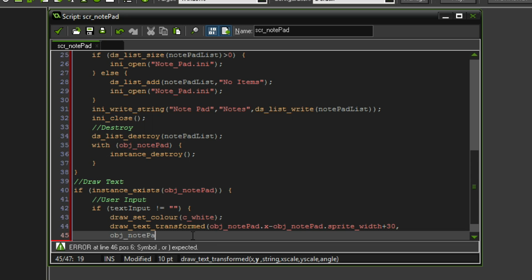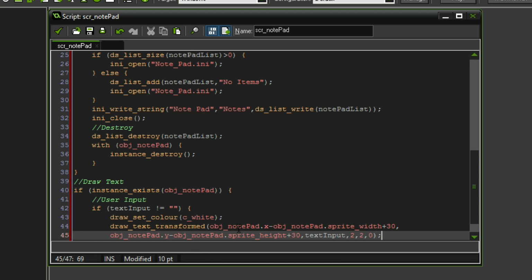So object notepad.y minus object notepad.sprite height plus 30, there we go. Then we need the string, which is the text input. And we also need the scale, the text scale. Yeah, let's just go with 2 for the time being, and the angle is going to be 0, something along